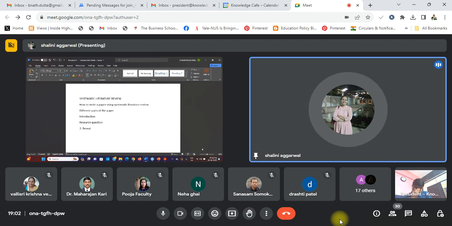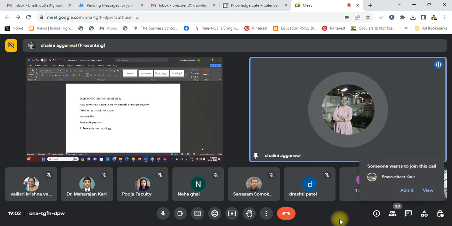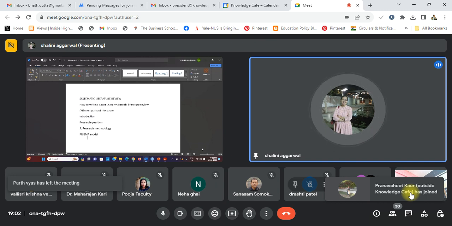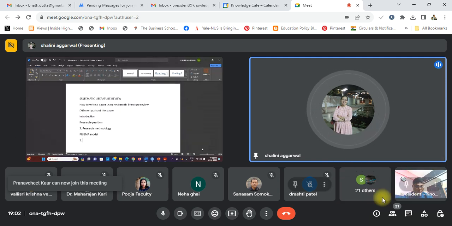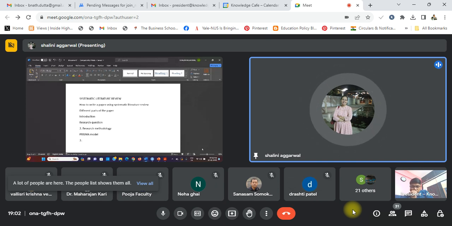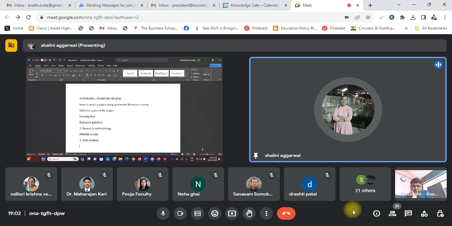Second important aspect is the research methodology. In this we include the PRISMA model. I'll tell you what exactly it is. Yesterday it was left, so I'll tell you a little bit about this as well. So the second part is called the research methodology. That includes the PRISMA model. I'll show you how to write this part as well. Third part is data analysis. Data analysis, as I told you,